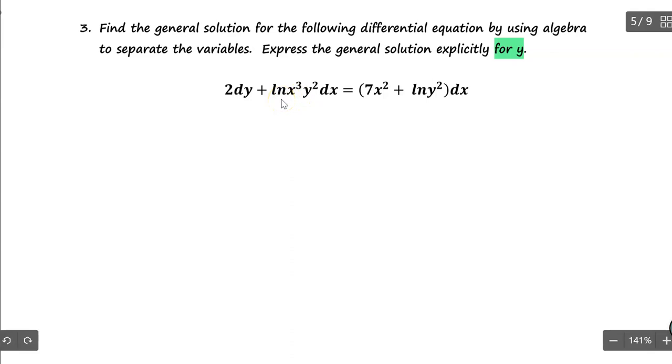natural logarithm. Okay? Now, on this side of the equation, if you multiply dx here, you will have 7x squared times dx. If you integrate that, you are fine because you have 7x squared and then you multiply by the dx. But if you multiply dx into this bracket, you see y of ln of y squared dx. There's no way that you can separate the variable because your y square is the argument